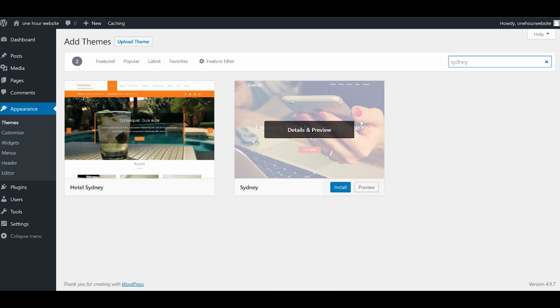Now in my honest opinion, this is probably the single best free theme available. It's just amazing how much you can actually do with a free theme, especially once you're using the live page builder that I'm going to be showing you guys how to use. So what we're going to simply do is hit install, and then we're going to hit activate,